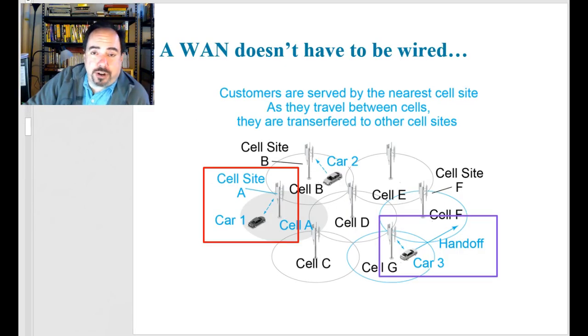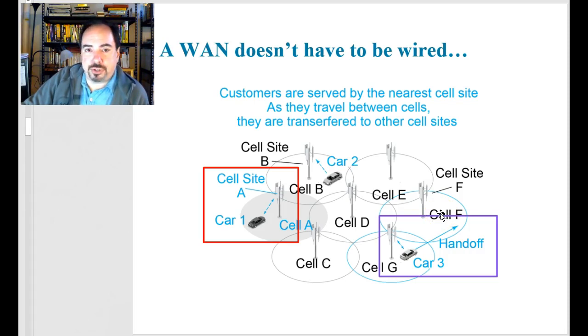So far we've been talking about WANs in terms of a wired circuit that's provisioned for you. But of course there are plenty of examples of wireless WAN technology, cell phones being the most popular version, although there are others, microwave and satellite. These are all wireless versions of WAN circuits. But let's focus on cell phones for our purposes. You're already familiar with how cell phones work in terms of the handoff from tower to tower as you move along. There's a misconception, though, that wireless technology means that